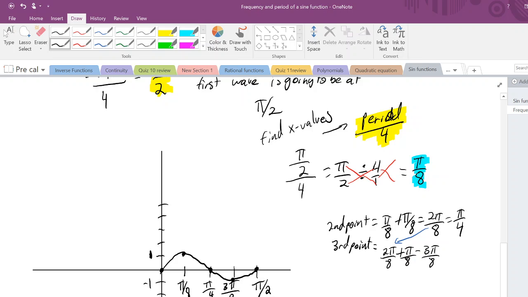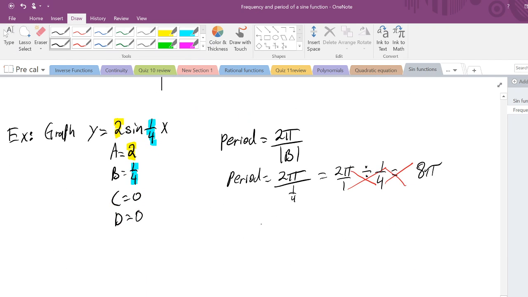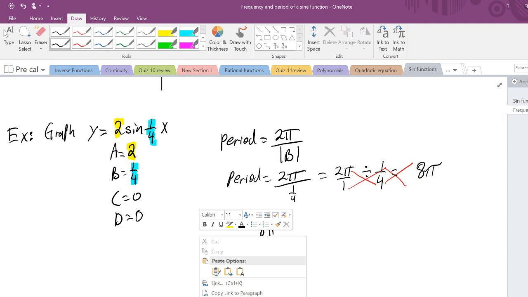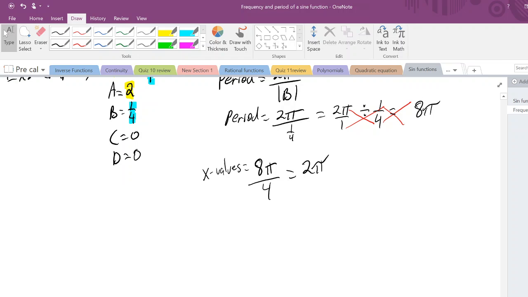So I'm going to do that. The x values are equal to 8 pi over 4, which is just equal to 2 pi. So this is letting me know that each x value of my graph is going to increase by 2 pi. Alright, so if I do this graph once again,